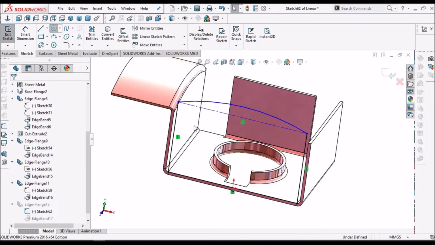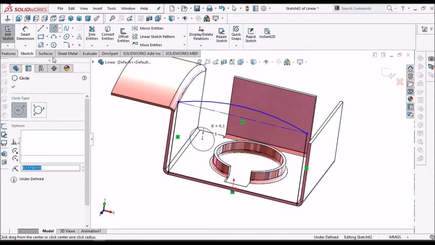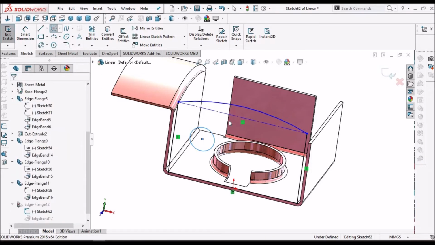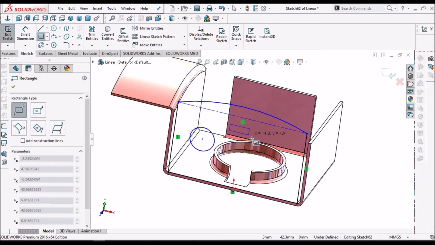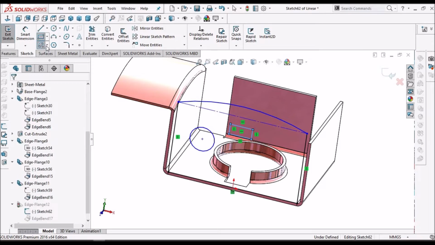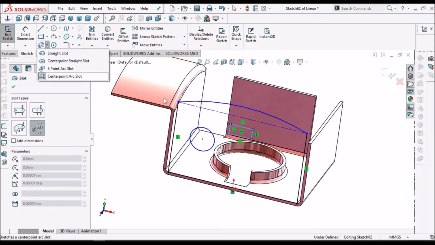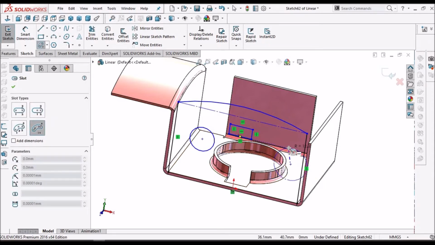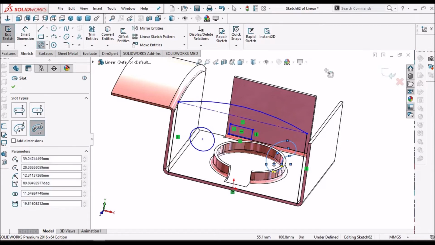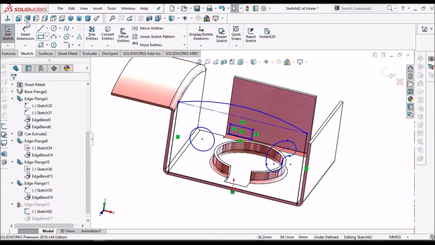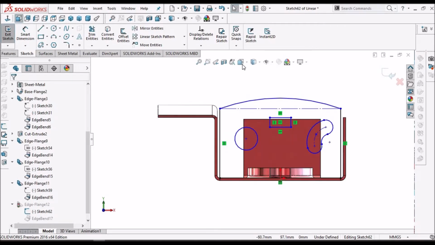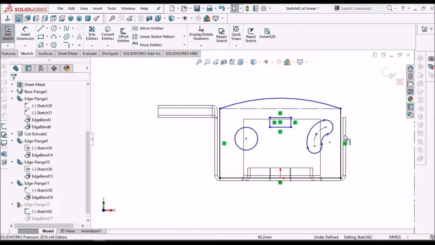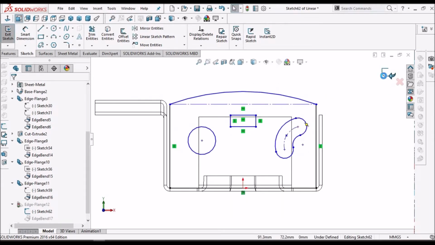I can simply place a circle or any cutout or any slot. See, these are the three features I have added.